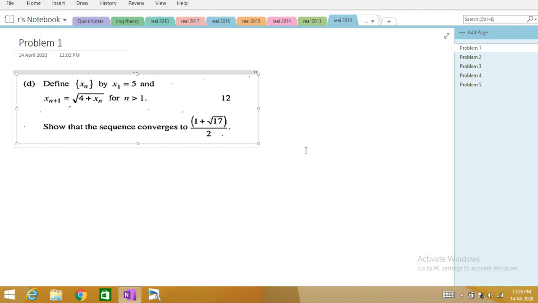Yes. So we know when a sequence is convergent, right? After some stage, if all the numbers approach a certain number, then we say that number is the limit of the sequence. And then I have quoted two important theorems: a monotonically increasing sequence which is bounded above is convergent, and a monotonically decreasing sequence which is bounded below is convergent. Based on these two results, we have solved one problem, the same problem but with different numbers. What I'm going to do is show that this sequence is monotonically increasing or decreasing according to the nature of the problem, and see whether it is bounded above or bounded below, and then use the result to show that the sequence is convergent, right?